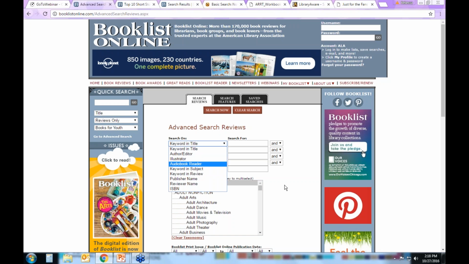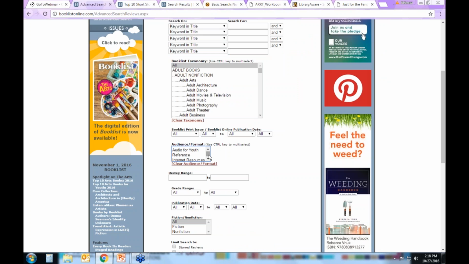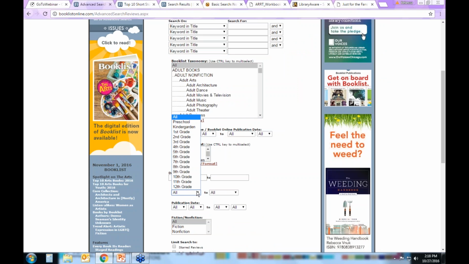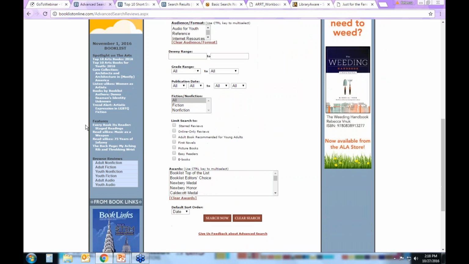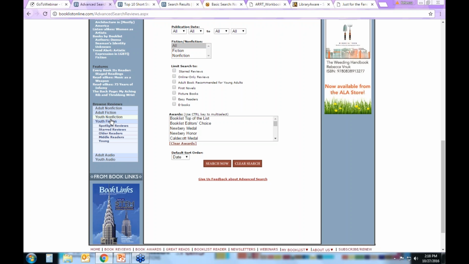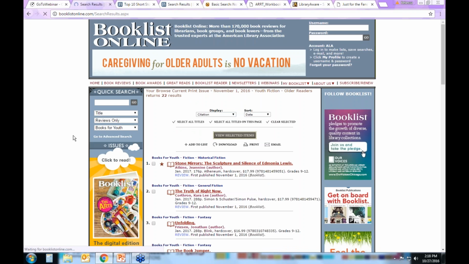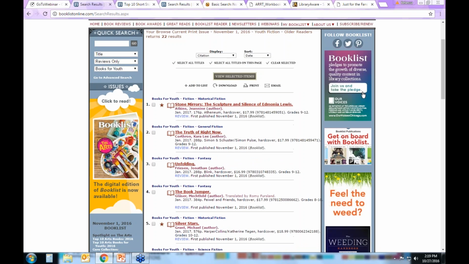You can refine by audience, and you can go by a grade range, which is also helpful when we're talking about YA. But down here at the bottom is this browsability, and I'm looking at youth fiction in particular. We're going to look at older readers, because that's our young adult stuff. I'm going to pick a recent one.